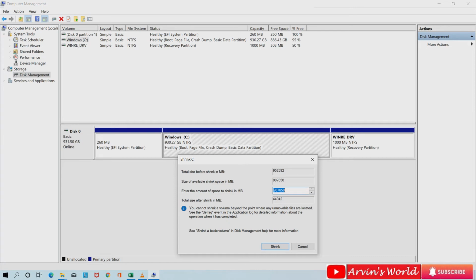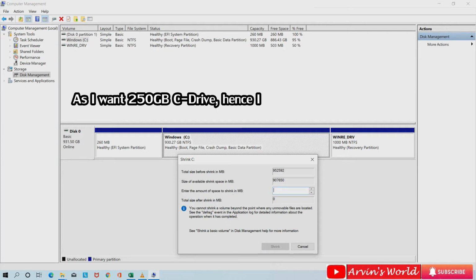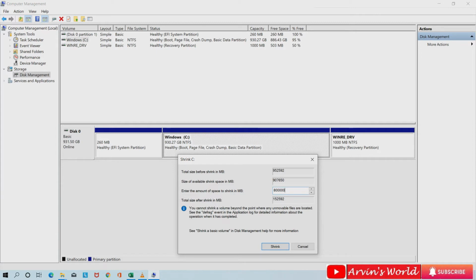It is a very simple thing. And when you are putting it in, again I am saying, you have to remember that here everything is in MB, so you have to convert GB to MB. So I am just putting in the MB of how much I want. I am calculating because for me I need 250 GB for the C drive. So here I will write 250 and 000. By doing that, it will partition the C drive into two drives. One is C and another is D.